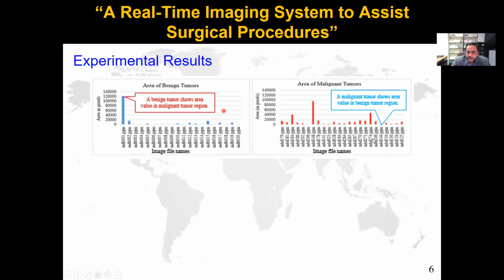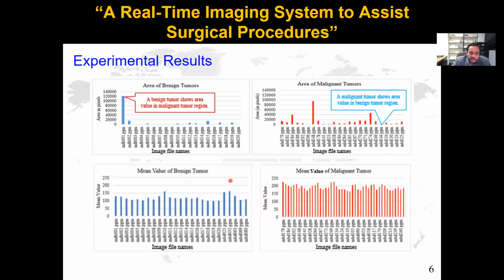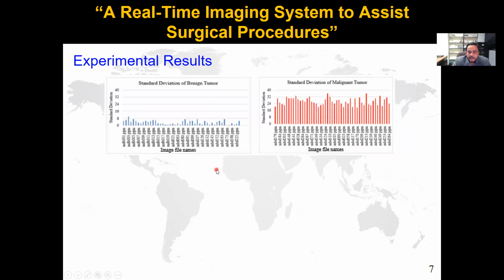That is not correct. On the other hand, for some malignant cells, it doesn't show any area values. That is also misleading. So we do conclude that although area values can be used to identify benign and malignant tumors, they are not 100% trusted. A similar observation we get out of the mean value for benign and malignant tumors. So we conclude that some feature values are not very significant in terms of classifying them into malignant and benign.